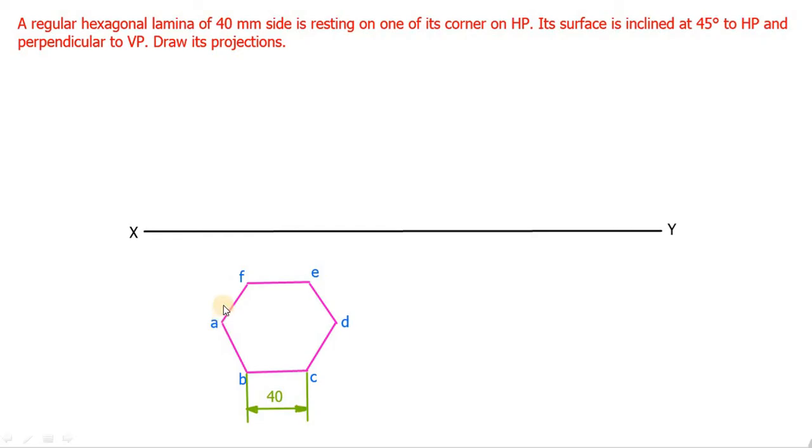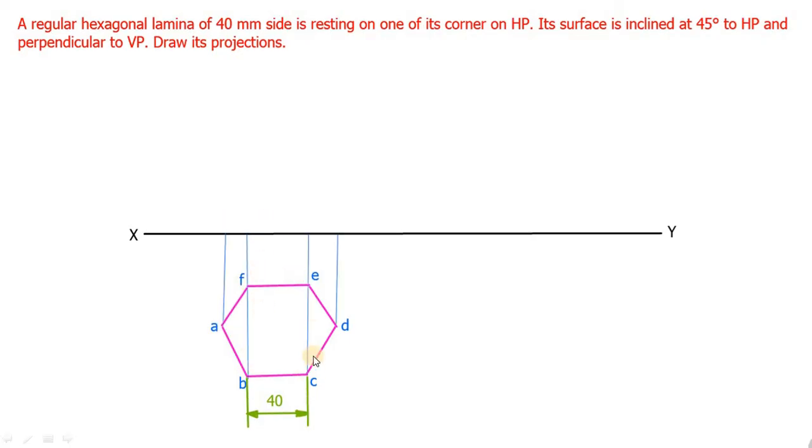Then project all the corners of this hexagon towards XY. Okay. So totally 6 corners are there, in which B and F will be at same line. C and E will be at same line. So totally 4 vertical lines, 4 projection lines will be there. So it will meet on XY. Okay. So we have to name these particular points based on the top view. So this is the extension line that is drawn from A point. Similarly, this is the line that is drawn from B and F.